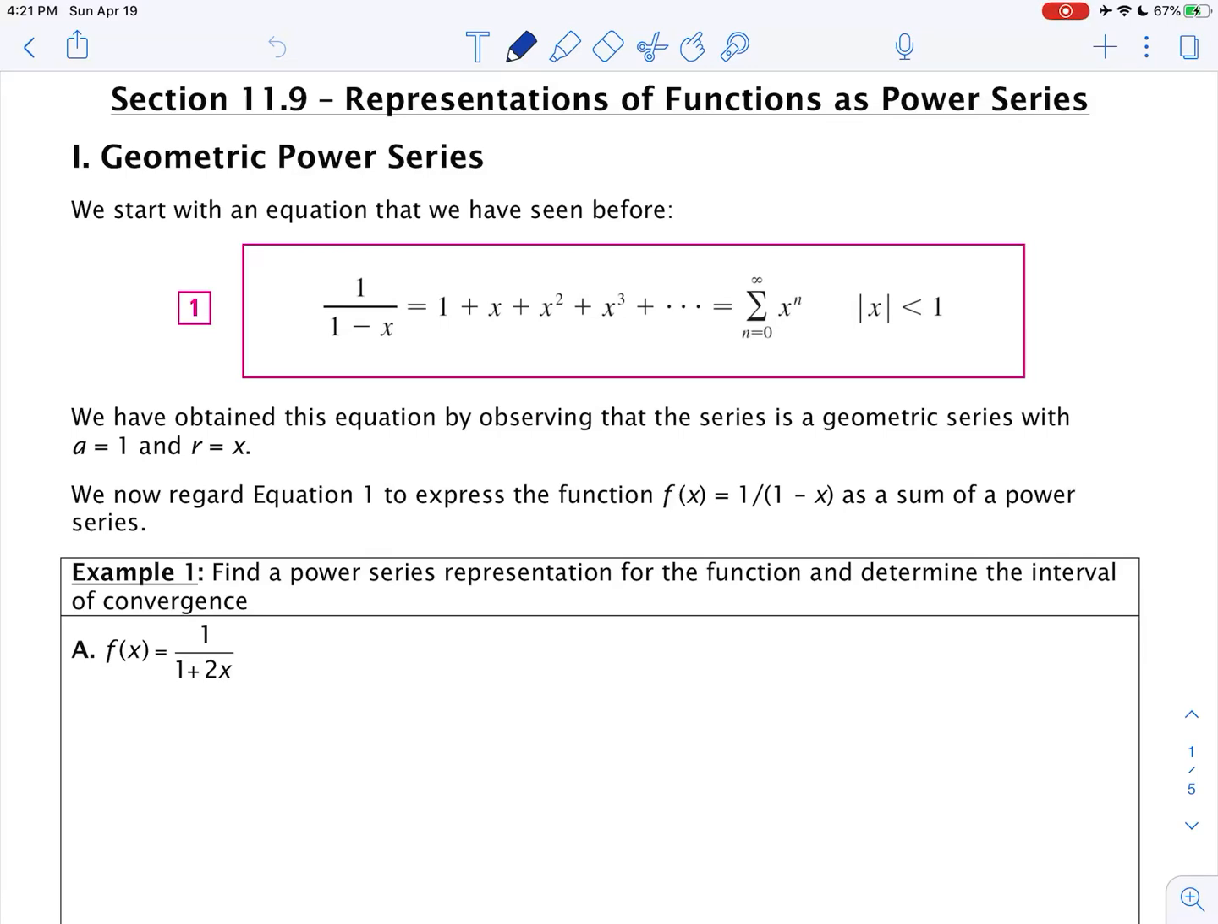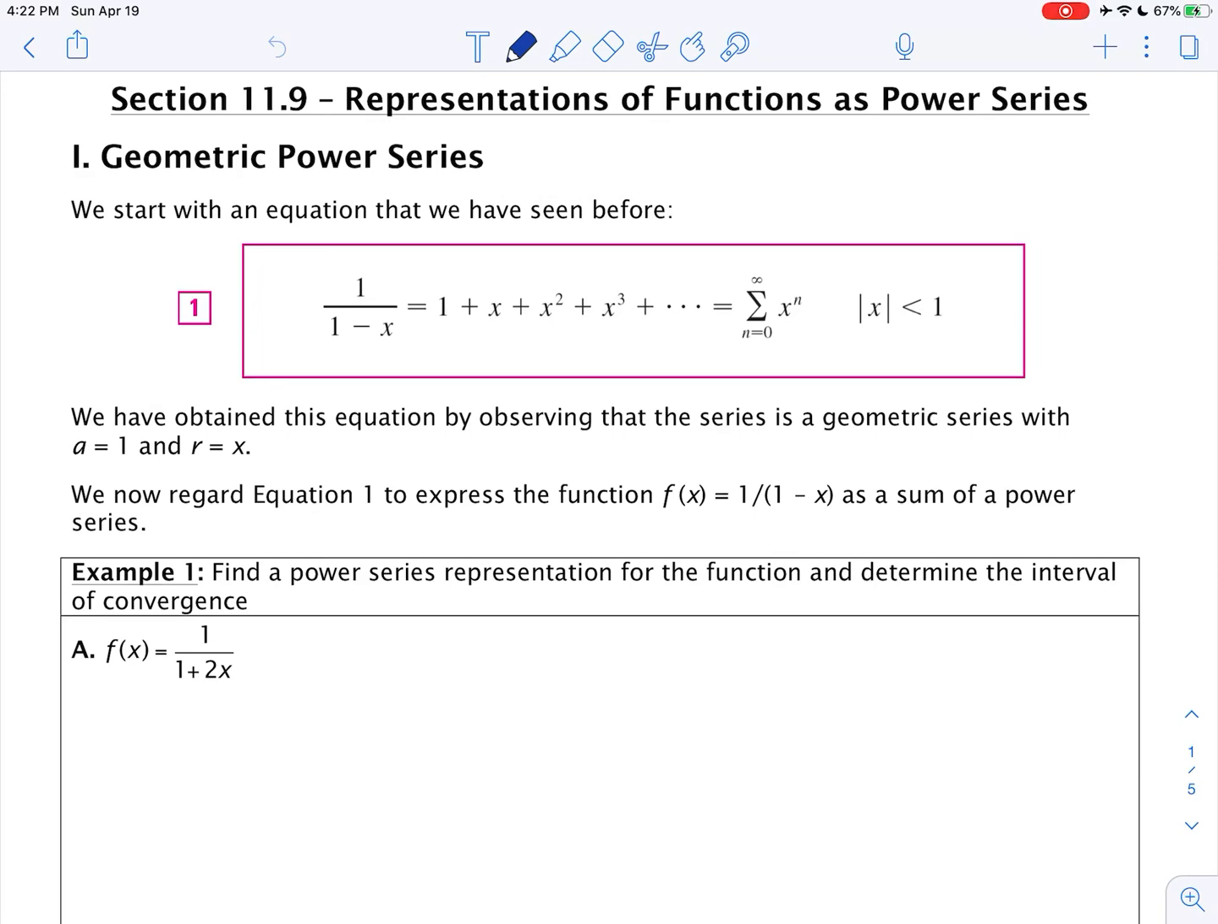Hello again. We are back with Chapter 11, Infinite Sequences and Series. This is Section 11.9, Representations of Functions as Power Series. We studied last time what it means for a power series to converge, and if it does converge, it's going